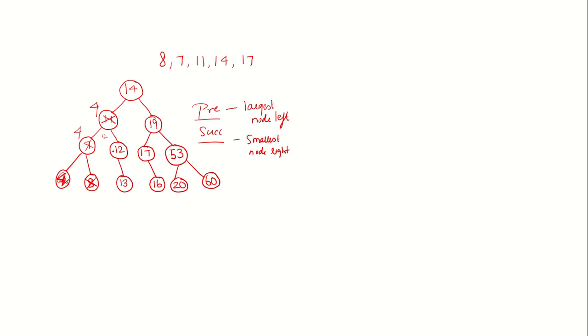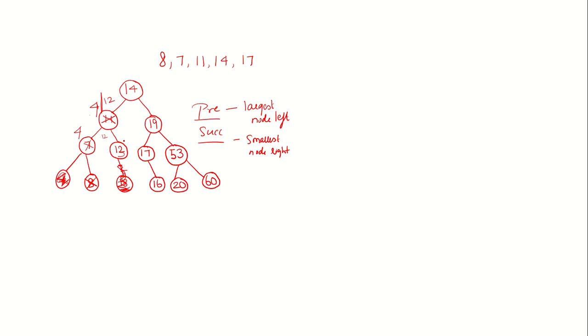Okay, so when you want to replace 12, then 12 will be replaced with 13 because 12 has only one child, right? So directly replace 12 with 13. So here you will have 13, okay, and the 11 will be replaced by 12. So there are two possible answers. So I will put a slash here, okay? So either replace 11 with 4 or replace 11 with 12.